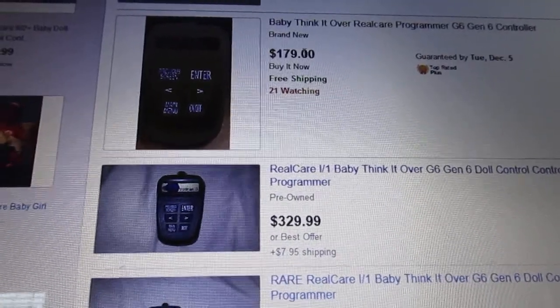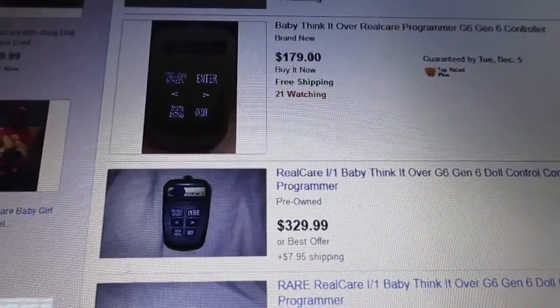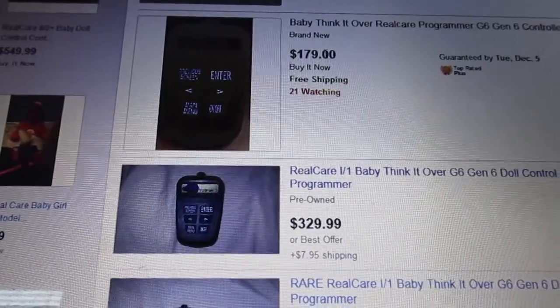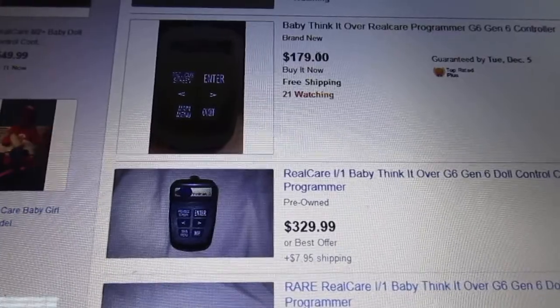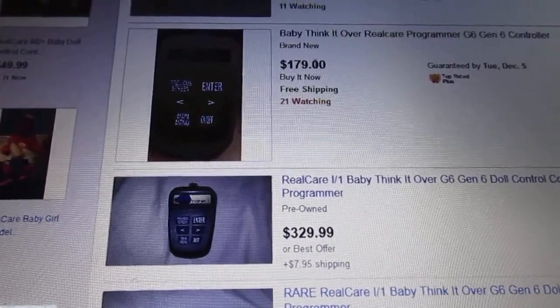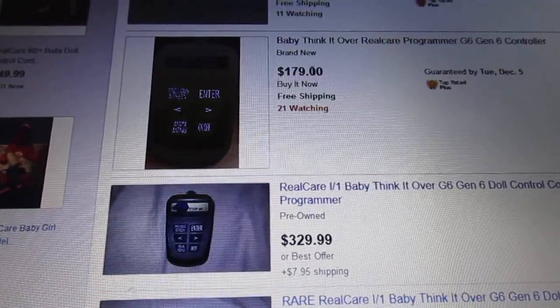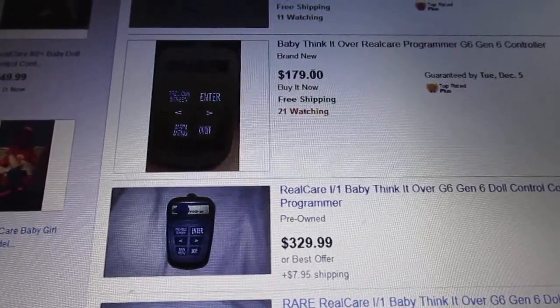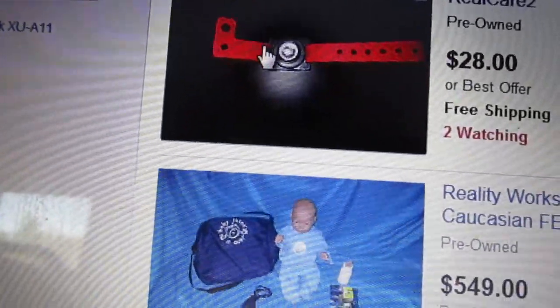$179. And like I said, this one will work to program a Generation 6 or original RealCare, or a RealCare 2 only. Only those two. And I've never programmed a RealCare 2 with one of them. From what I've heard from others, I believe that you have to use, see, because it usually has, if they're like an ID like this. Not the flat gray ID, but it's one of these